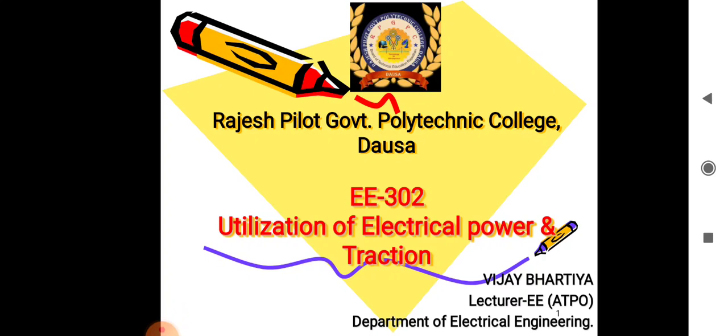आज हम सब्जेक्ट कोड EE-302 यूटिलाइजेशन ऑफ इलेक्ट्रिक पावर एंड ट्रैक्शन के टॉपिक इलेक्ट्रिक हीटिंग के बारे में डिस्कस करेंगे।